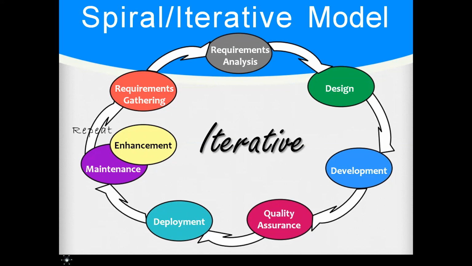The cycle. So, circular movement. It's not linear. It's not like it has to come from top to down. It keeps going. So when you get to requirement gathering, you go to analysis. By the time you get to maintenance, you go to a place where you call enhance. That means you are going for an upgrade. At that point, you are going for an upgrade, which means that you have to repeat the cycle